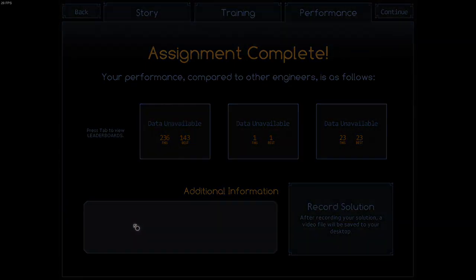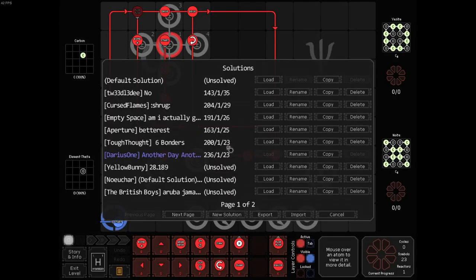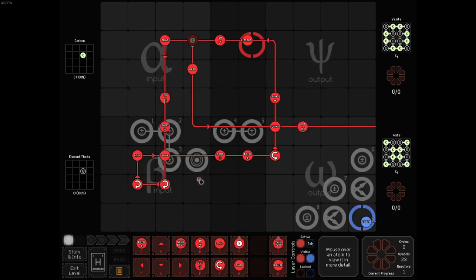We have done 23, and this uses 5 bonders, so it is 23 plus 5. We can think of it as a 28 symbol equivalent solution. Then we have yellow bunny, yet again another 1 Valdo solution, and because of the Valdo penalty, we are around 20-25 symbol equivalents. So the extra Valdo costs you more than 2 symbols, and it is really difficult to make it worth it,